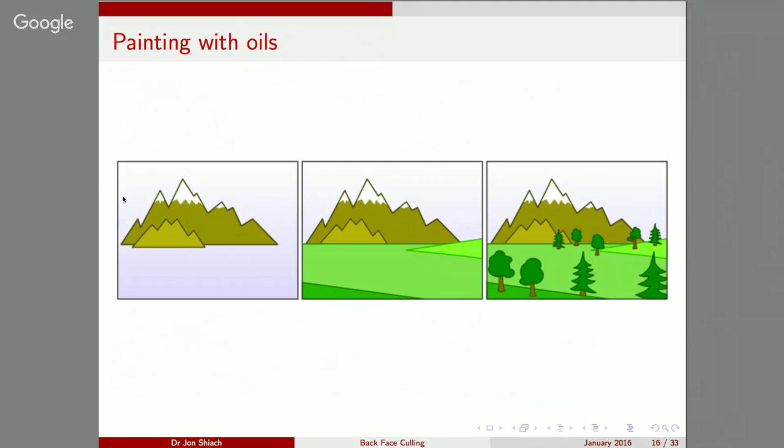It's so called because it's similar to how an oil painter paints. Do we have any artists in here? I always ask that every year. It seems like mathematicians don't tend to be artists. Okay, well, when you paint with oil,